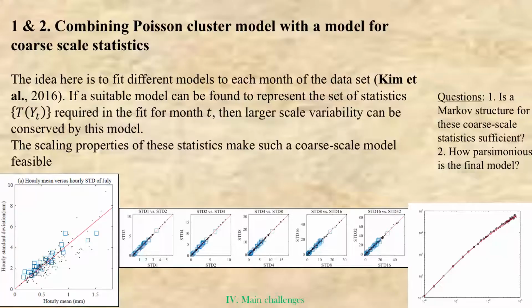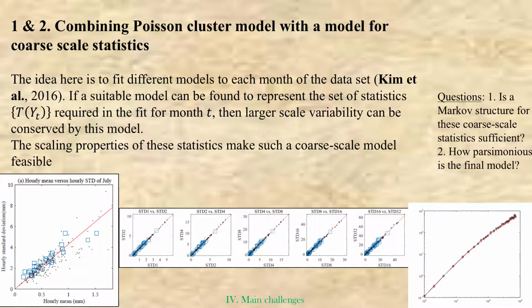Some of these problems are being addressed by current work. I mentioned here work by Kim et al. What Kim is doing is saying, well, since we can't reproduce this large-scale variability, maybe we need another model. And what we can have is a model on the kind of statistics for every month that we need to calibrate these models that we're looking at here. And the monthly statistics are actually quite well behaved. You can see this is obviously evidence of some kind of scaling, things like the standard deviation at a number of time scales here. They scale against one another, 32 hours against 16 hours, and standard deviation against the mean. So you can identify a few more or less independent variables characterizing each month, and you can put on something like a SARMA model, a seasonal ARMA model, on those